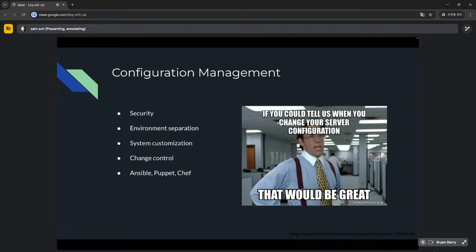So security, in the context of configuration management, is like if you have, for example, a server configured and running in a certain way, of a certain size, then someone should be able to change that if you need to. But you don't want everyone to be able to change that. And so that's why you have roles and different permissions, and you would typically have a workflow where you say, if I want to change my server size, there should be a process to do that. It could be as simple as I tell my boss that I need a new server and he approves it, or a much more complicated system where you have a whole pipeline of decision making.